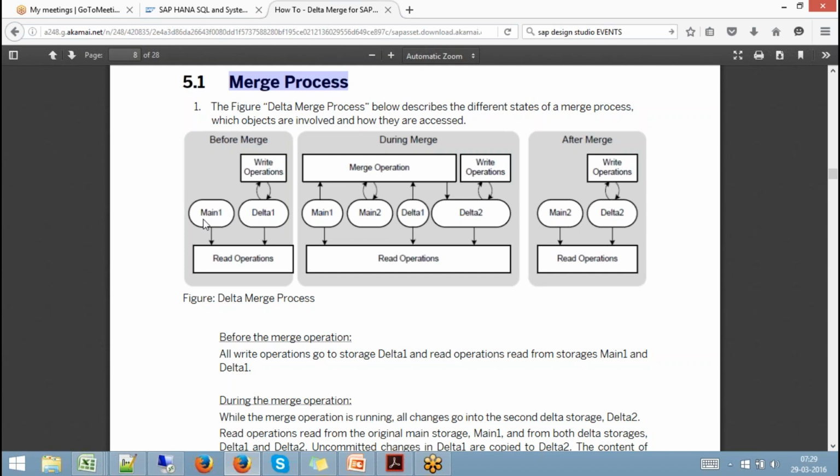As of now, main table has got 5 records. In delta, you actually created 3 records, means you inserted 3 records. You executed commit. Insert record 1, you execute commit. Insert record 2, you execute commit. Insert record 3, you execute commit. So we have 3 committed transactions in delta 1, and at this point of time, still the user who is